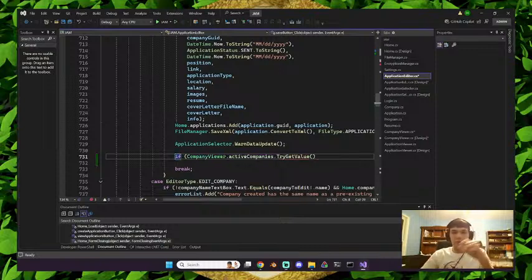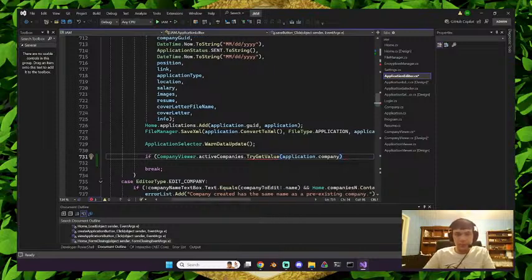But yeah, right now what I'm doing is making it so the viewers update automatically with the editors. Right now, if you update a company and you have that company's viewer open, that company viewer will automatically update. But there are different types of editors that aren't doing that. So that's what I'm doing right now. So if I go ahead and do application.companyGUID, so if I'm able to get the value,